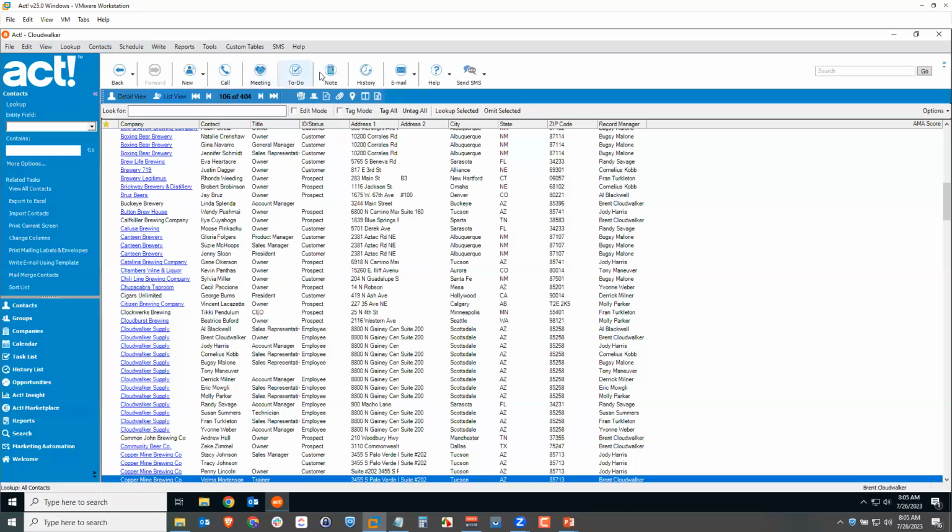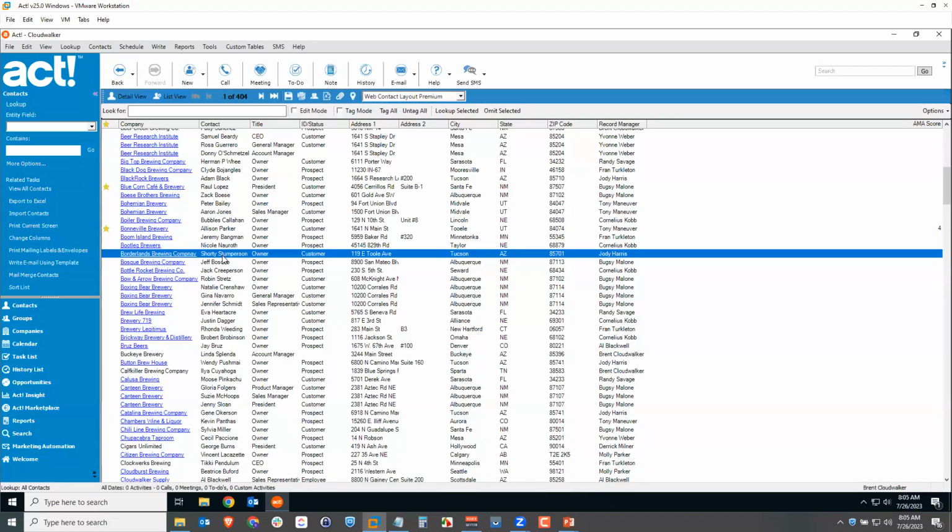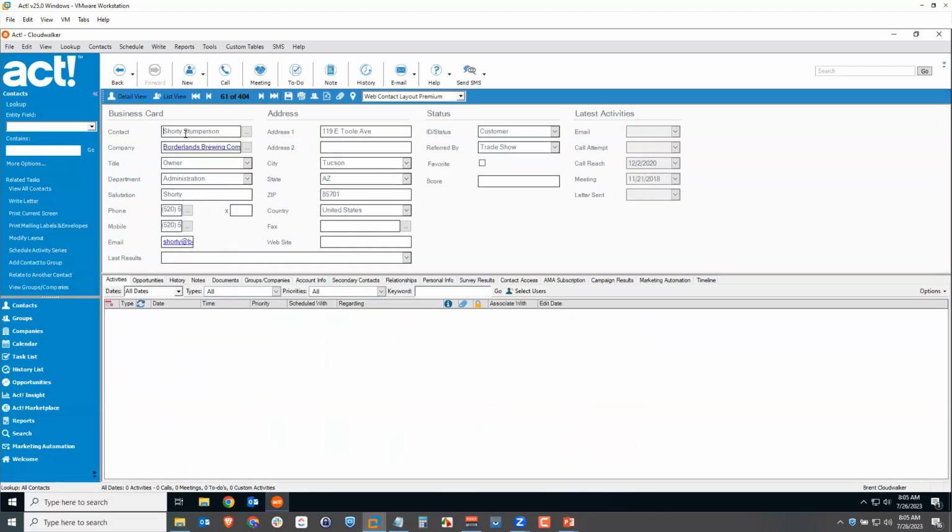Also at the top, we have these action buttons. These also reflect what you're looking at. So if I was looking at one of my contacts, let's say I'm looking at Shorty, I can see his contact information. But if I click one of these buttons at the top, like maybe I wanted to schedule a